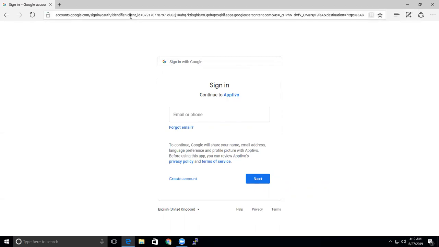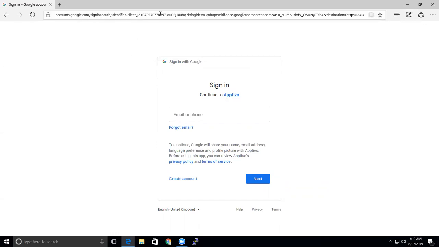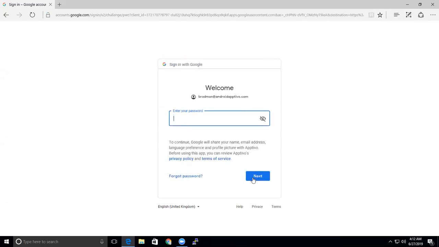So if you look at the URL here, you'd be able to see the client ID. Let me highlight it for you. So you see the client ID right here. Again, this is on this initial sign-in page. So let's enter that particular email ID and then hit next. Now we enter the password